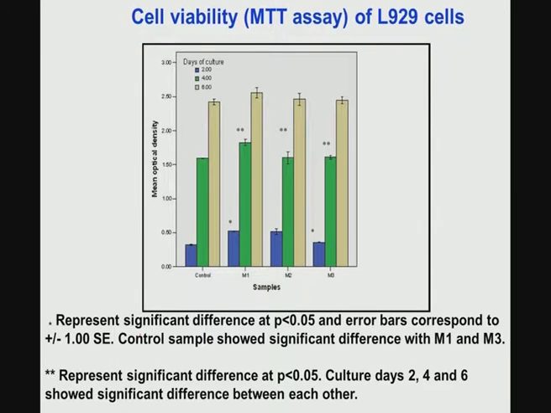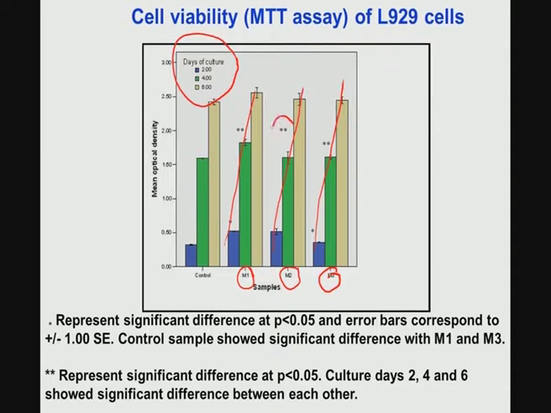Now, in terms of the MTT assay of the L929 mouse fibroblast cells, these are the three compositions we have tested: M1, M2, and M3, with days of culture of 2 days, 4 days, and 6 days. What you notice in the control, M1, M2, and M3 is that L929 cells grow, because there is a systematic increase in the MTT optical density values. The larger the optical density value, the more mitochondrially viable cells there are. So when cells grow in an uninterrupted, linear manner, this glass ceramic material can also be used as a cell growth substrate.